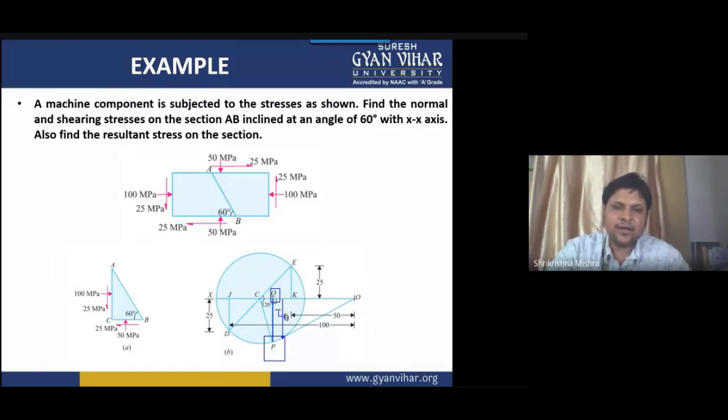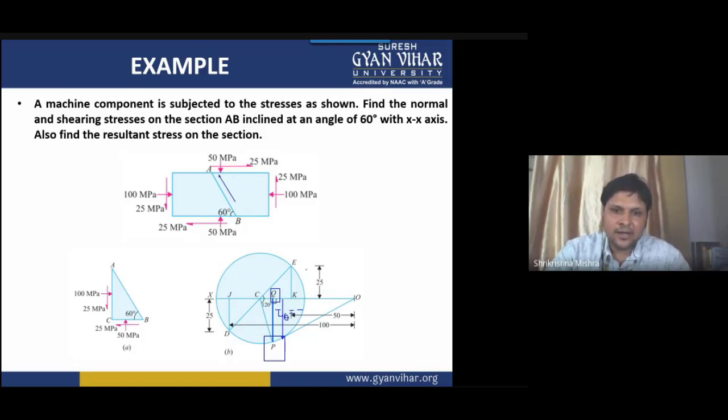But since you are getting a negative value, since it is below this XX line, whatever the value is, you will take it as negative. Negative means anti-clockwise. Its nature will be anti-clockwise. Generally clockwise you draw in this way, tau theta and clockwise is drawn in this way. So you will not draw the arrow in this direction. Its arrow will be in the opposite direction. Means shear stress will be in this direction.